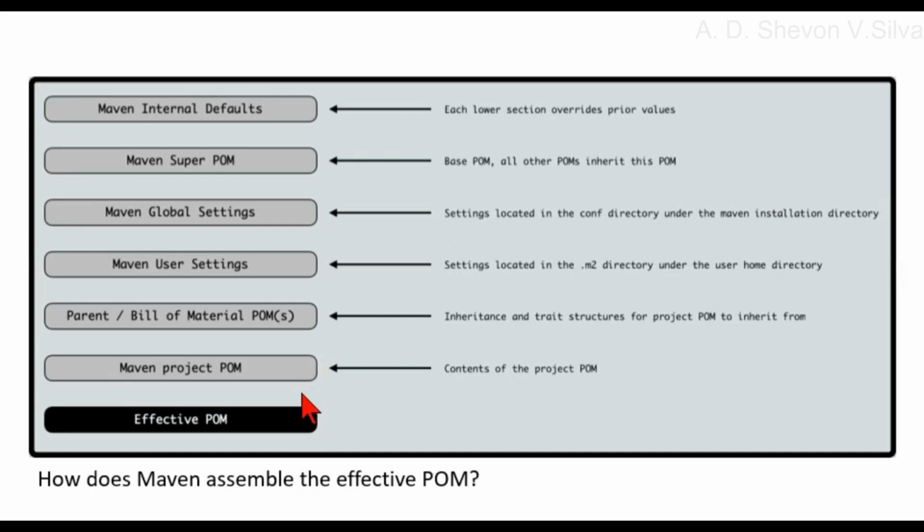Project POM. This is the project object model for the project. Project specific Maven instructions are detailed in this location. Typical content includes a unique set of coordinates used to identify the project, name and description of the project, a set of developers associated with the project, any source control management details specific to the project, all project specific dependencies and plugins, any profiles that allow for alternative executions of Maven on this project, and so on. All this will be covered in